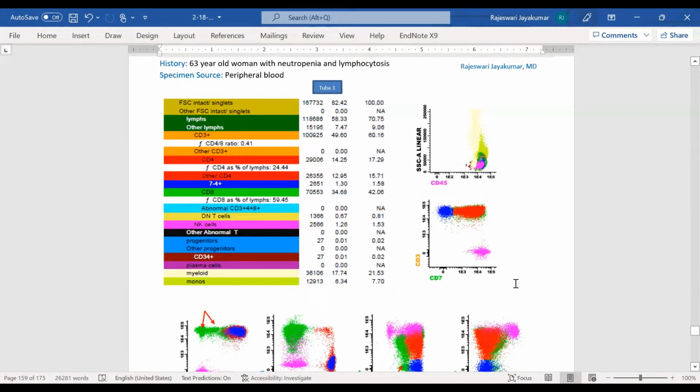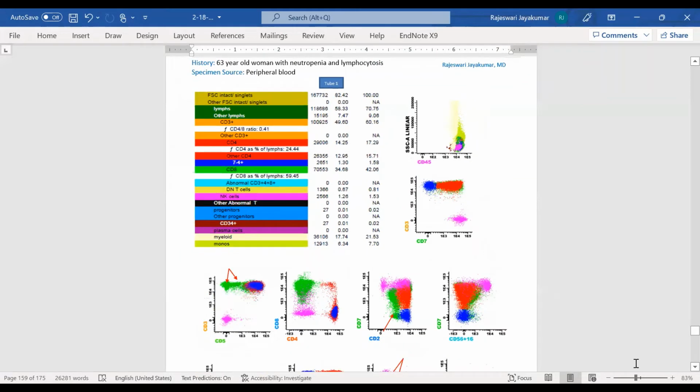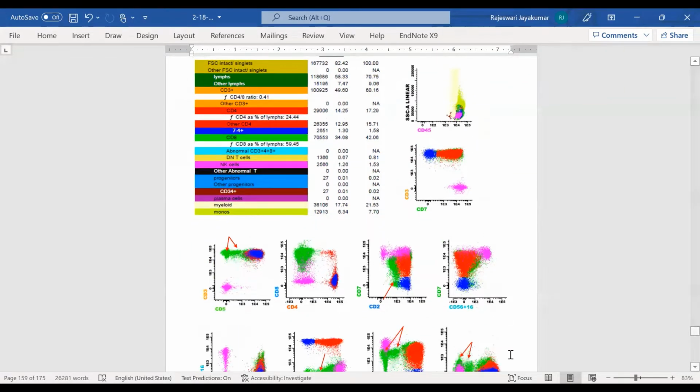Hello everyone, we are now going to go over the peripheral blood flow cytometry from a 63-year-old woman with neutropenia and lymphocytosis. Let's start with CD45 versus side scatter. We have our lymphocytes here with bright CD45 and low side scatter, monocytes here with bright CD45 and slightly higher side scatter than the lymphocytes, and our granulocytes having very high side scatter due to their granularity and dimmer than